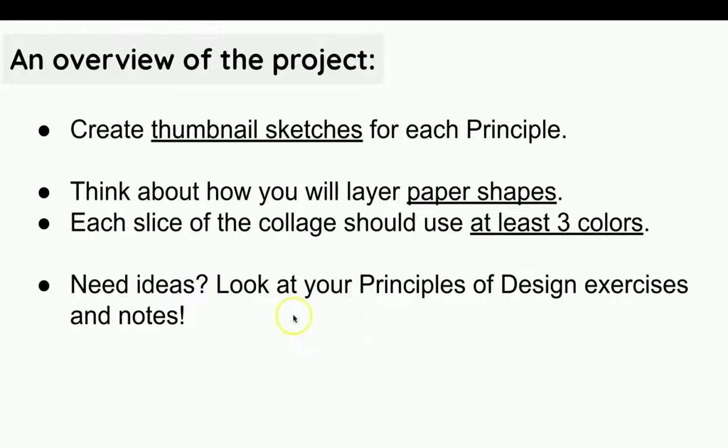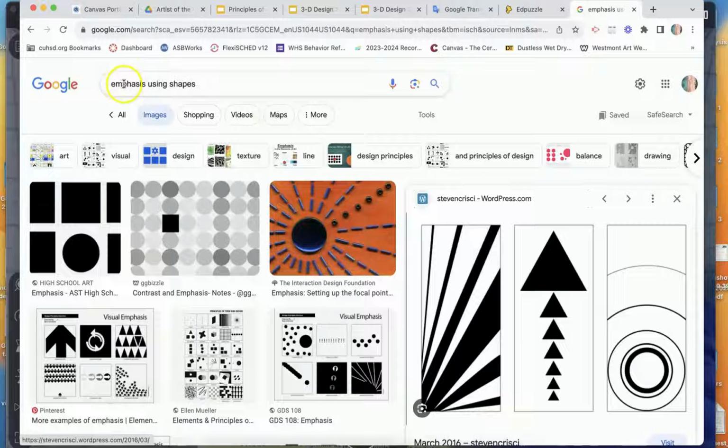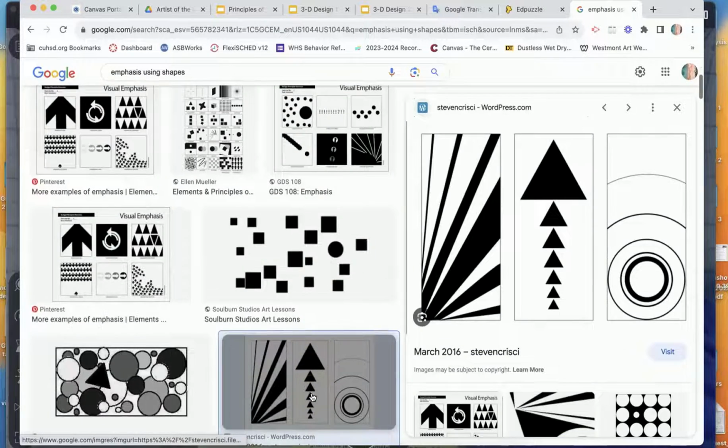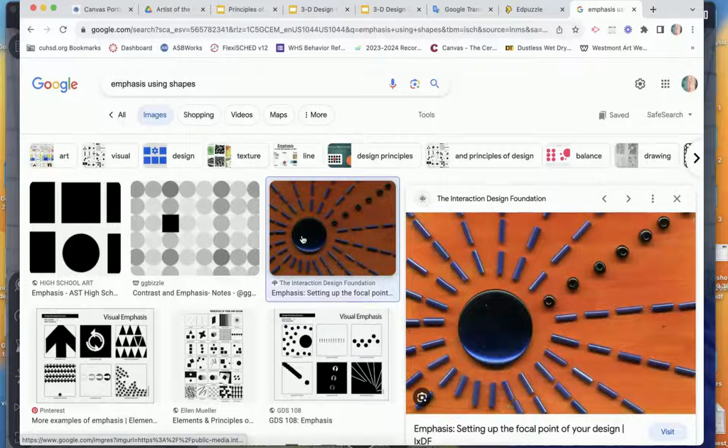If you need ideas, you can look at your principle of design practice activities, exercises, as well as your notes. You can also do a little searching on the internet. For example, if I search emphasis using shapes, I get all of these images. Now, they may not all use emphasis, but this gives me a great idea, right? I could have a larger shape placed somewhere in that space and then have these other shapes that are smaller because this is larger, so our eye looks here first.